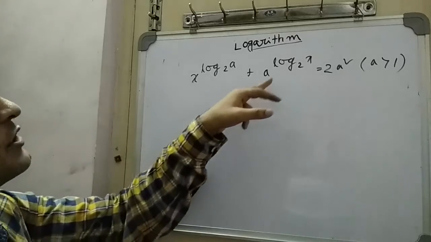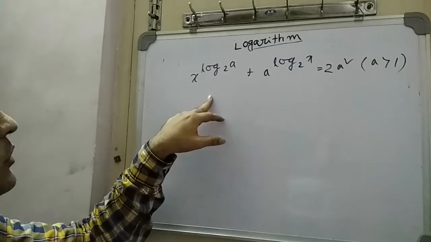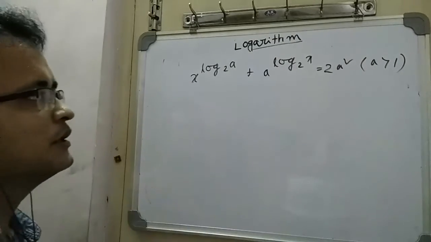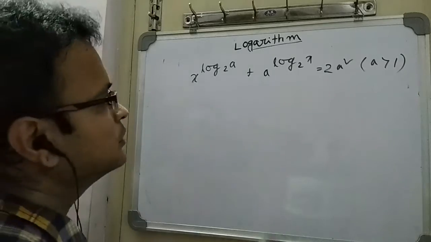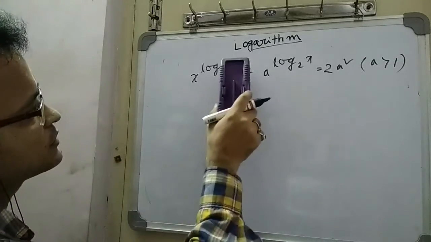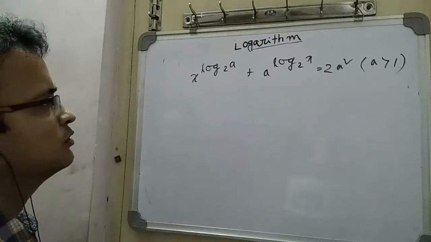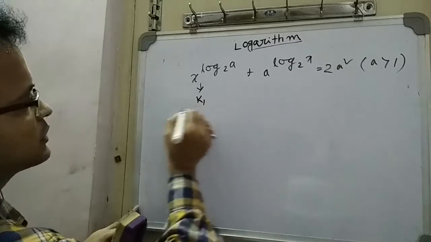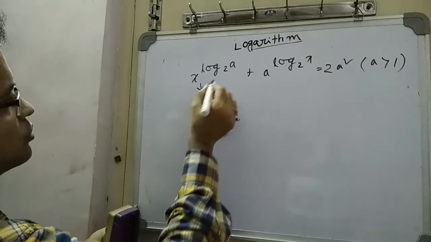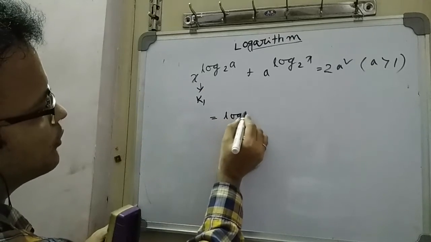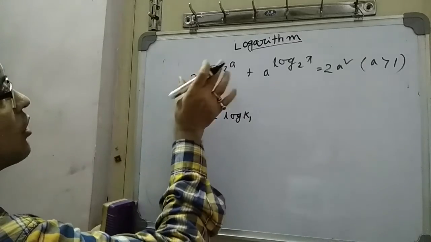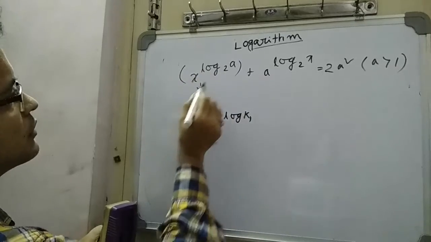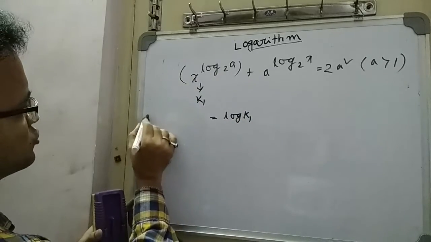See, this is x to the power, this is a to the power, and this is now log. If it had been log, then this plus could have been converted into multiplication and we could have thought something, but here it is plus and this is simple x to the power and a to the power, so we cannot do anything right now. So what I will do is call it k1. If I take log and make it log k1, it becomes the log of this. So log of this is what? Log a base 2, the power comes to the front.